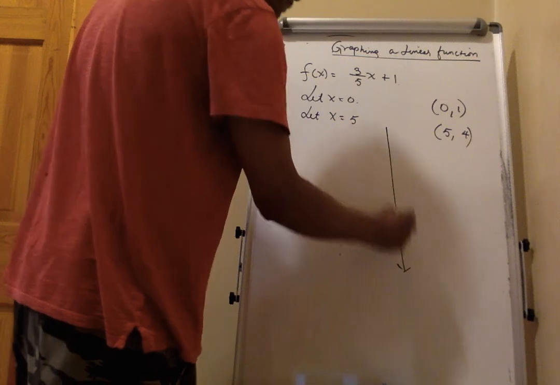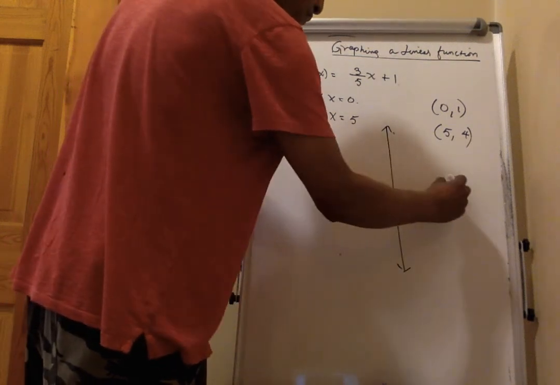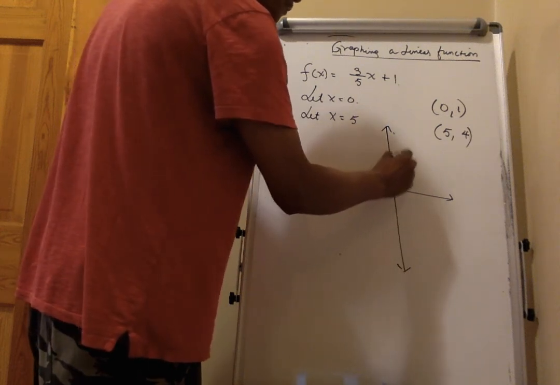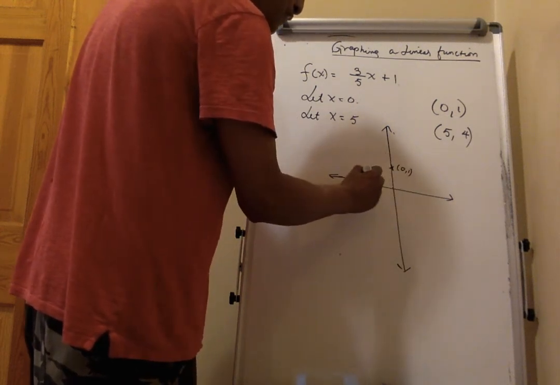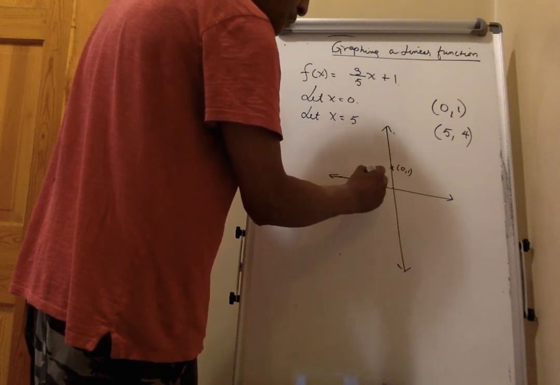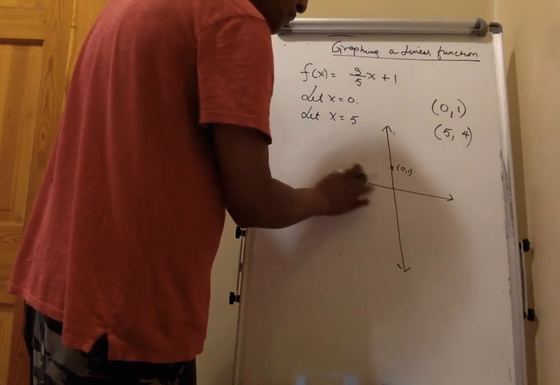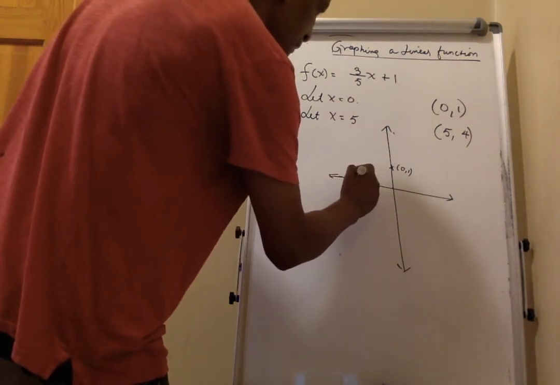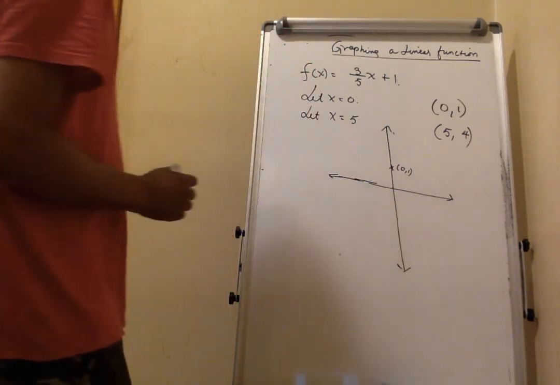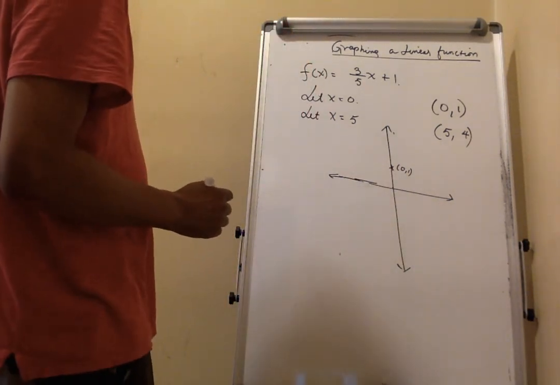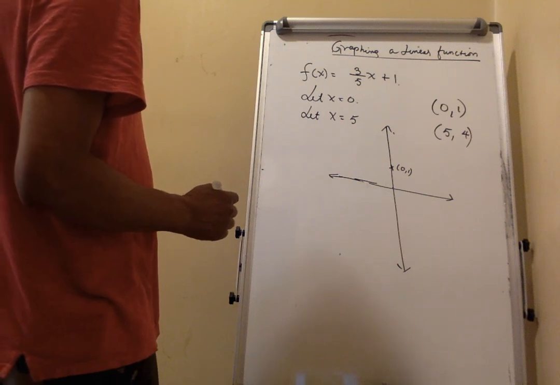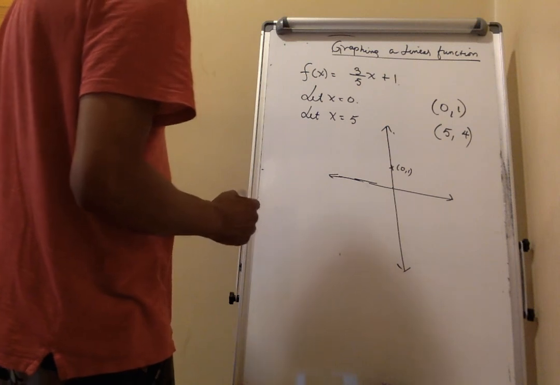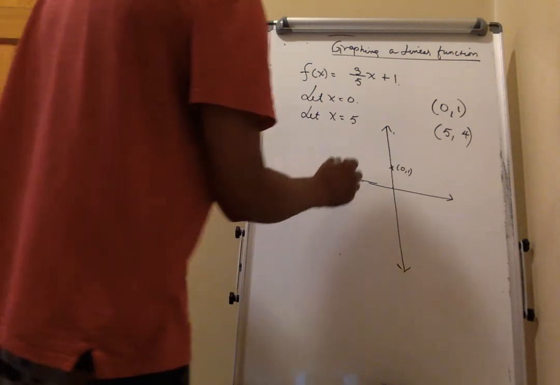Go ahead and sketch the graph. 0 and 1 is somewhere here. 5 and 4. So we have, what do we have here? So 5 and 4 is